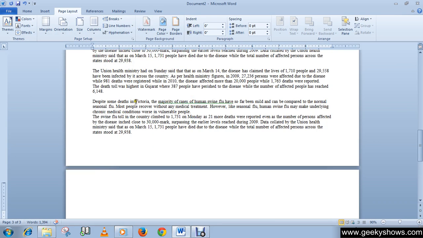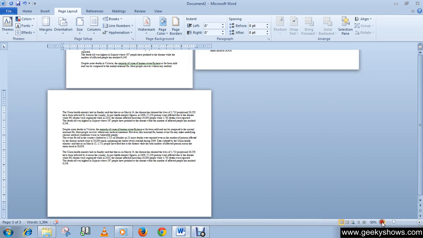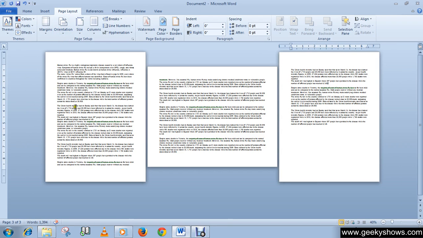Click OK, and now we will convert this page number 3 to portrait. You can see now I have page number 1 as a portrait page, page number 2 as a landscape page, and page number 3 as a portrait page. This is what I want to do.